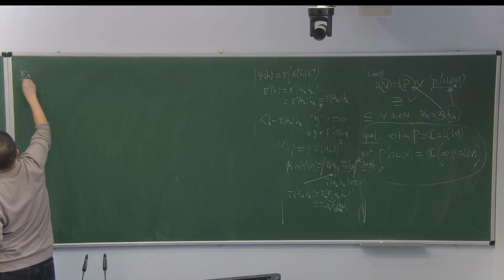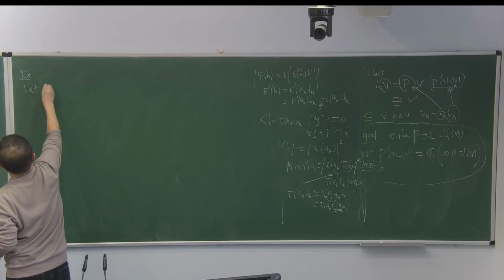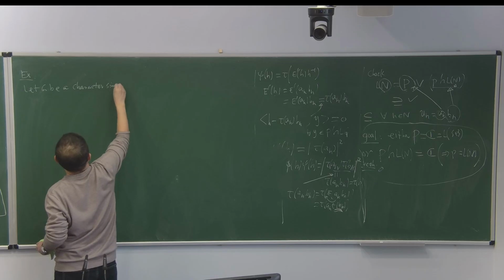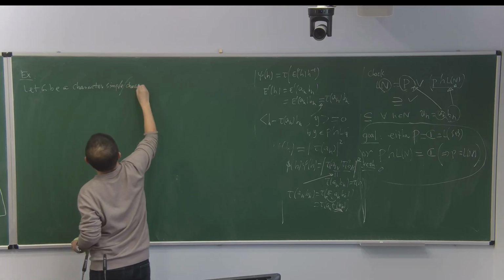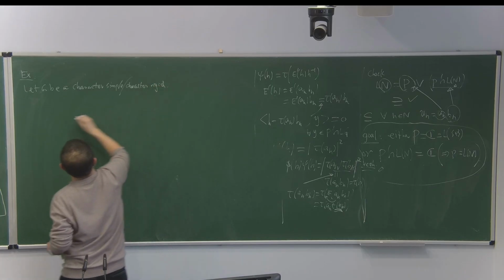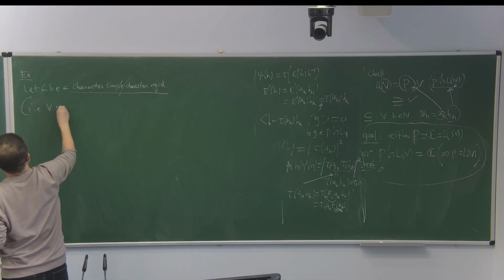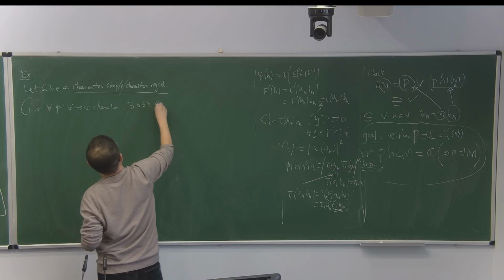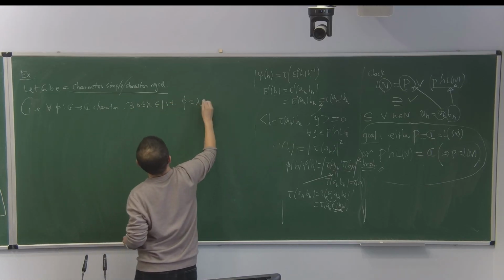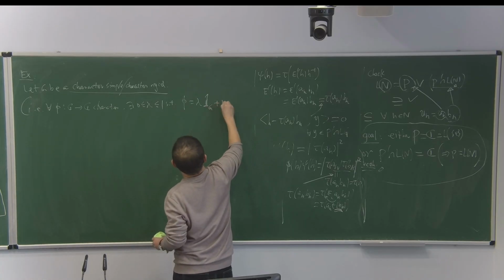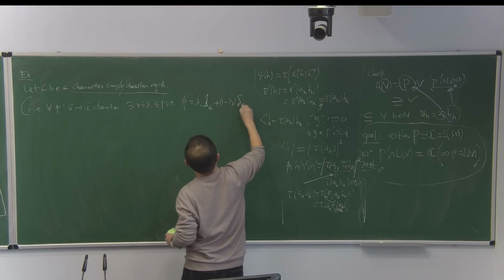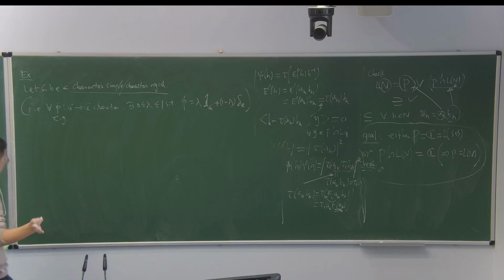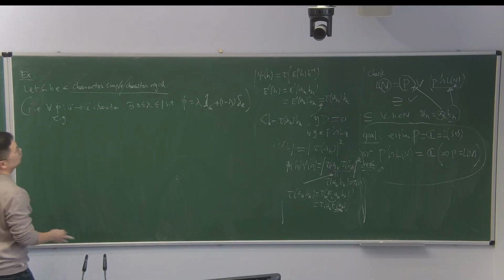So for example, let G be... sometimes it's called character simple, sometimes it's called character rigid, and this really means for any character phi you can find a scalar lambda between 0 and 1 such that phi equals lambda, the constant function on G, plus 1 minus lambda times the regular character, delta E. And this notion appears, for example, in Professor Becker's and Belhap's book.